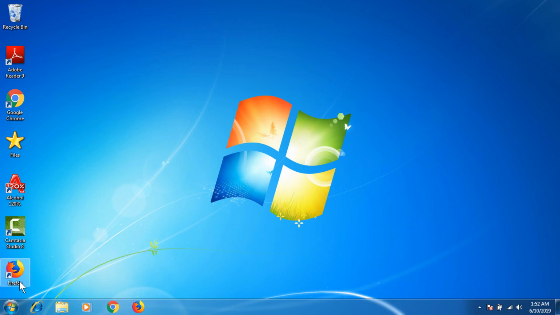So you can actually go to Firefox by clicking that icon there. It should be created after you have installed it. So this is pretty much the process you have to follow, and if you have any kind of